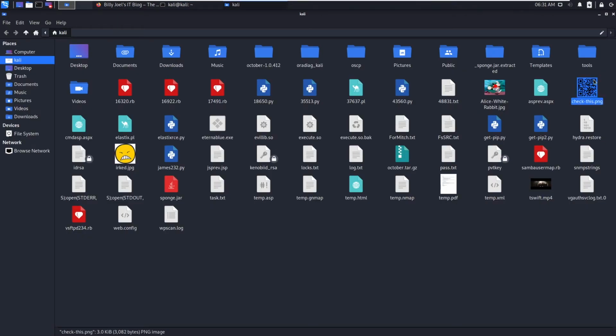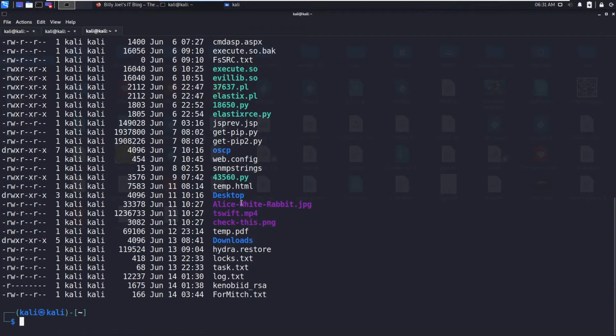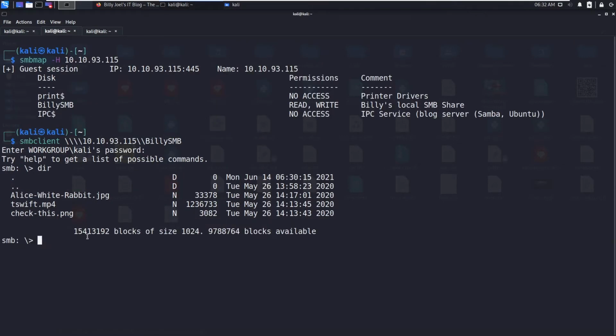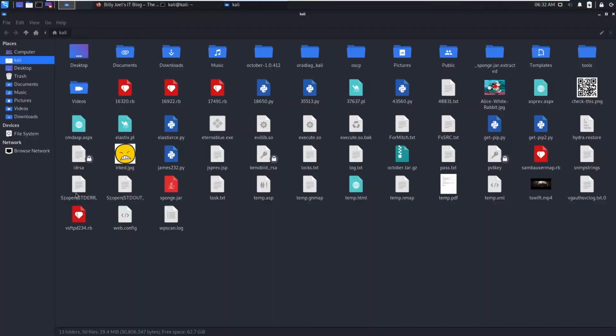So it's a QR code. If you decode it, you will get a YouTube link, which leads to some normal music video. So it's a rabbit hole. You can try this out, and you can also apply strings. You will not get much juicy information. So this is the rabbit hole. You will not find any of the information. So let's exit this one.